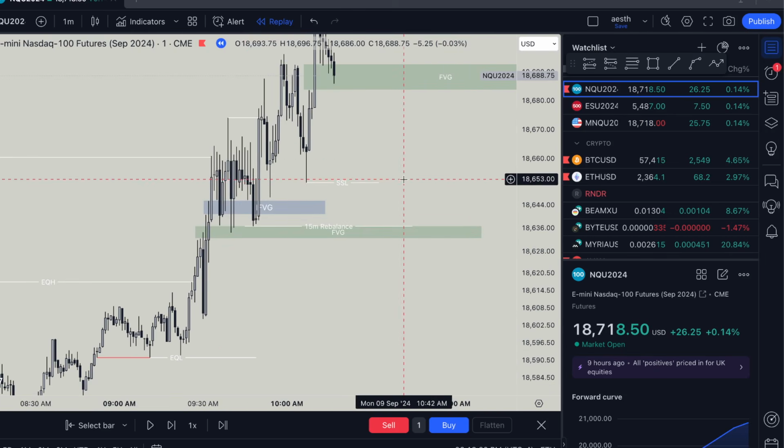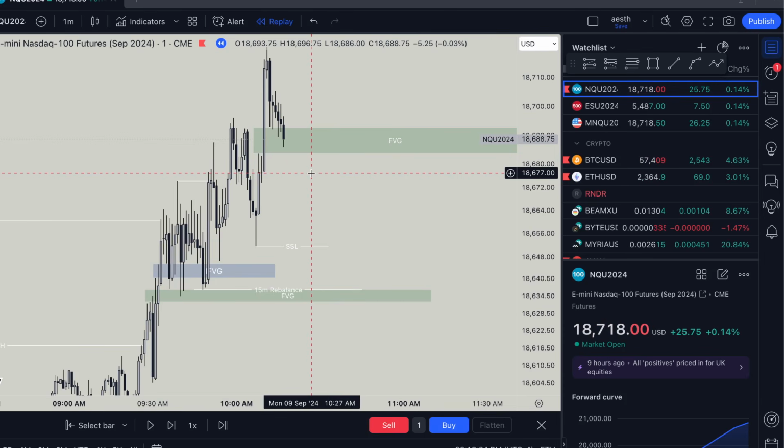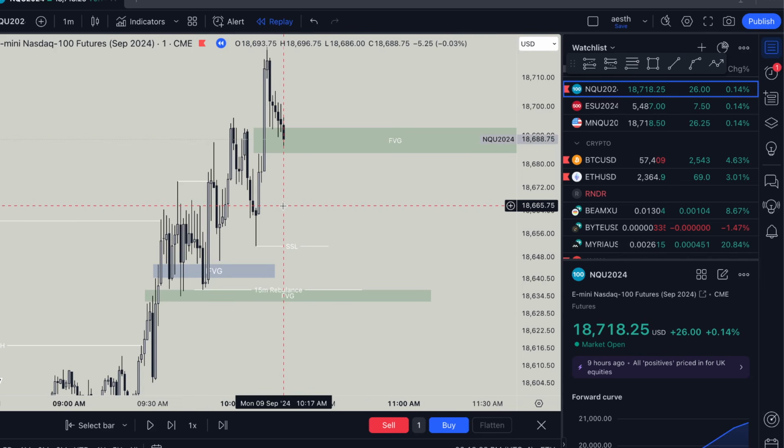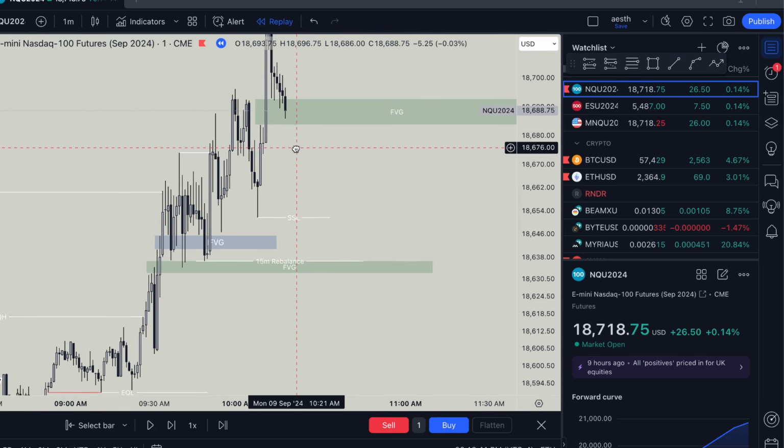And on top of that, we have this inversion is good. This 3 minute version is good if it inverses without ripping through everything, because it's not too discounted in this case. It's not just this giant fair value gap that's going to give you a bad entry. If you get a good inversion of this 3 minute, then it's definitely a good short.